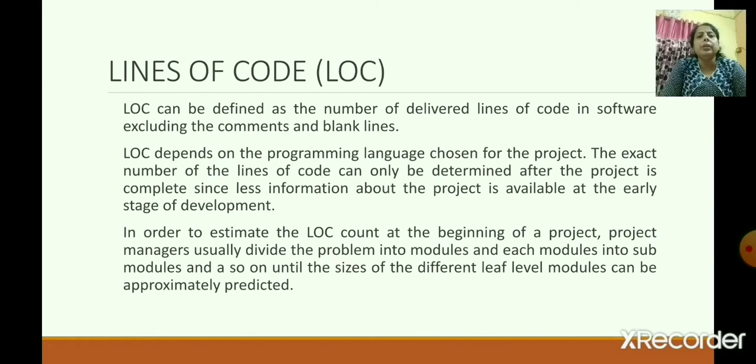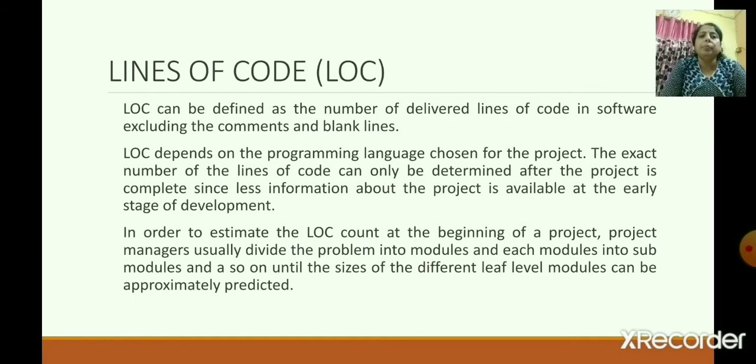In order to estimate the line of code at the beginning of a project, the project manager usually divides the problem into modules and each module into sub-modules and so on, until the size of the different leaf-level modules can be approximately predicted.